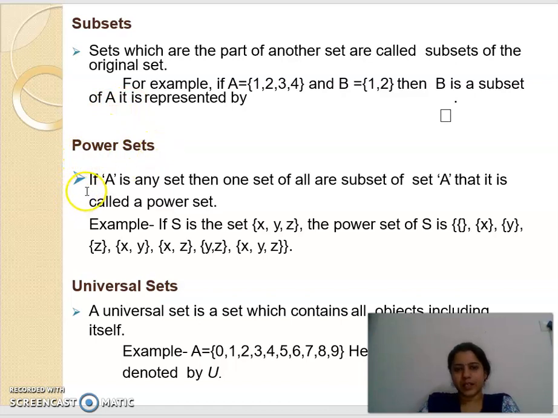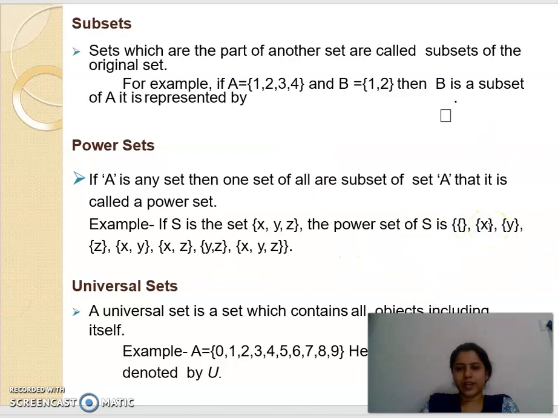Power set. If A is any set, then the set of all the subsets of set A is called the power set. So all possible subsets of any set A is called the power set. For example, S is the set which contains the elements X, Y, Z. Then the power set of S contains all the possibilities of X, Y, Z. If you don't take any of X, Y, Z, then we get an empty set, that means phi.